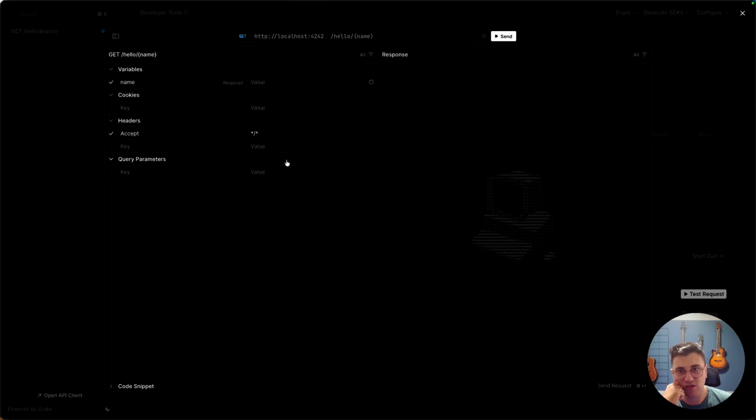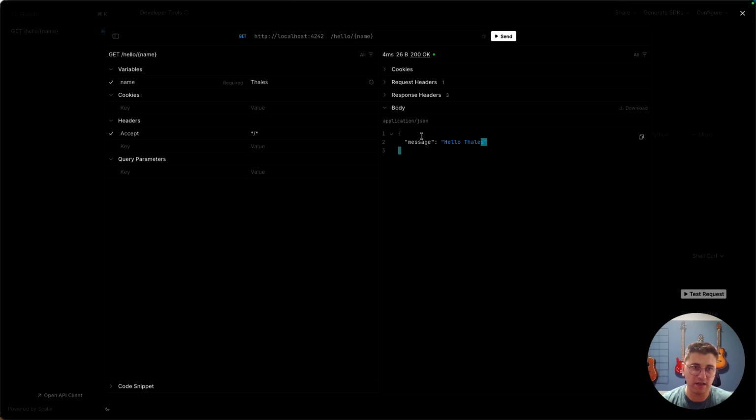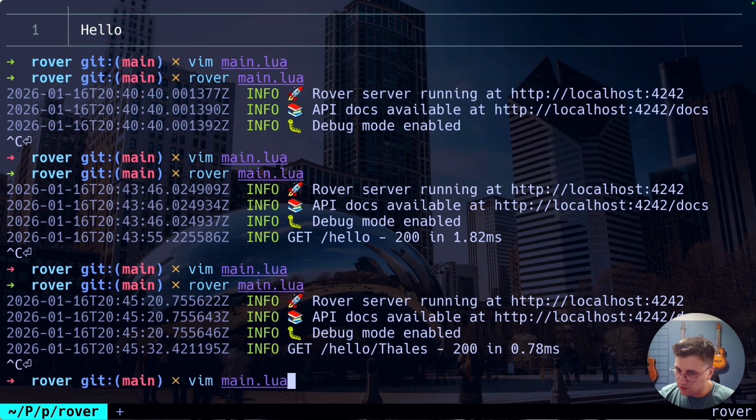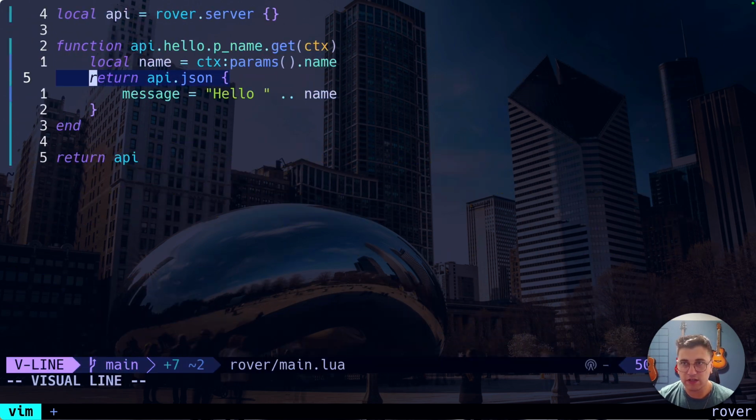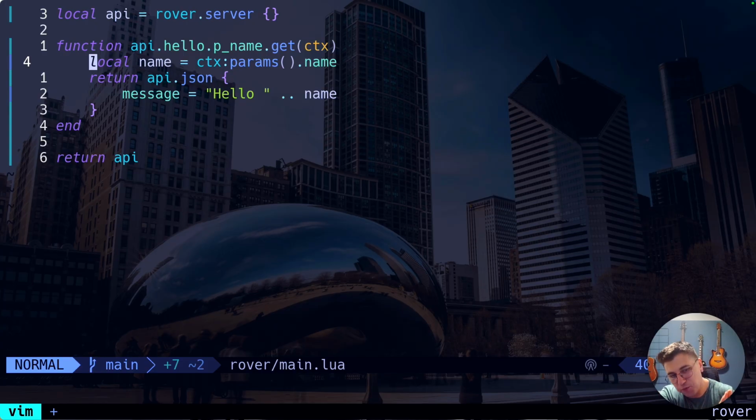Then I can just say that the name is, I will put my name here, Thales. I can send it and then reload from Thales, and that's it as we expected it to be. That works. As I said, most of the things on Rover and the way that it works is based on code intention. So if you intend to do something, I assume that this is what you want to do in